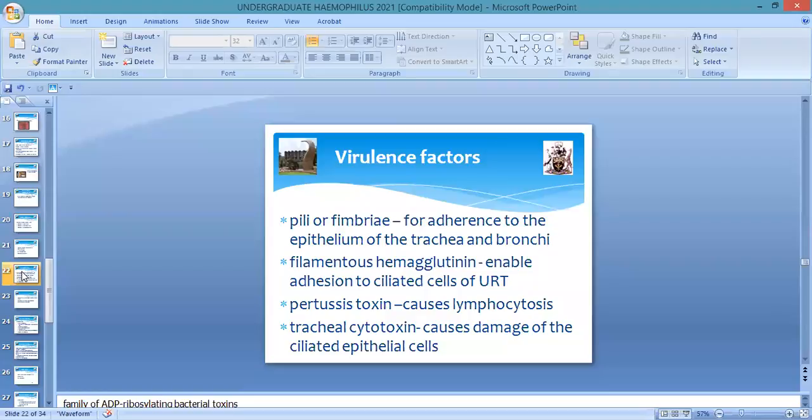So we also have production of adenylate cyclase toxin. Adenylate cyclase toxin is a toxin that has been classified within the family of ADP ribosylating bacterial toxins, which are known to cause an increase in cAMP. So when you have that increase in cAMP, it basically causes paralysis of various phagocytic functions. And apart from that, it might